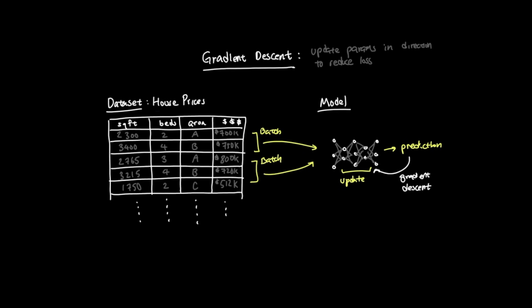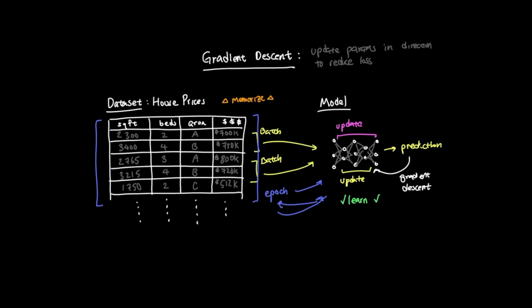After every batch has been processed, one epoch is completed, then the next epoch begins. Over many batches, updates, and epochs, the parameters become better tuned to that data. This is what we mean when we say the model is learning. It is not learning by memorizing every single house. It is learning by adjusting its parameters so that overall loss becomes smaller.